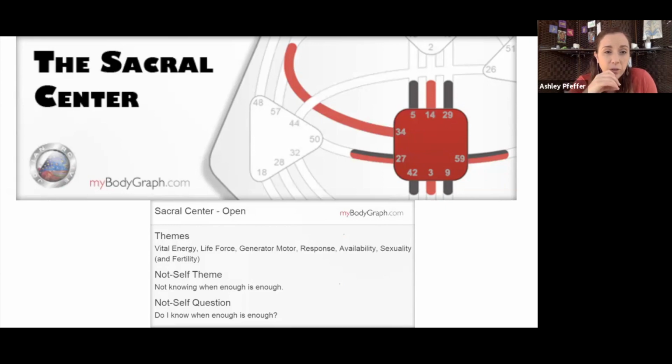Because you guys don't normally have it. If you're a manifesting generator or a generator, you're the ones that have this, and you produce the life force energy for the world, for people to take and use. You're creating the life force on the planet. And there's about 70% of manifesting generators and generators. So there's a lot of you guys doing that. So if it's open,